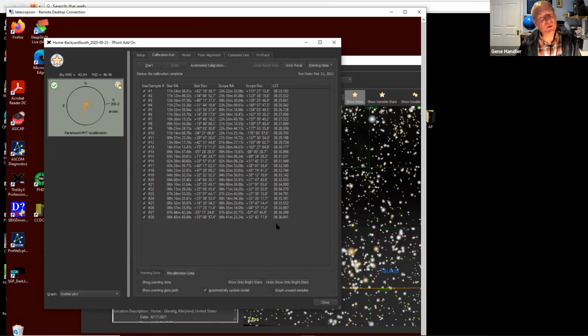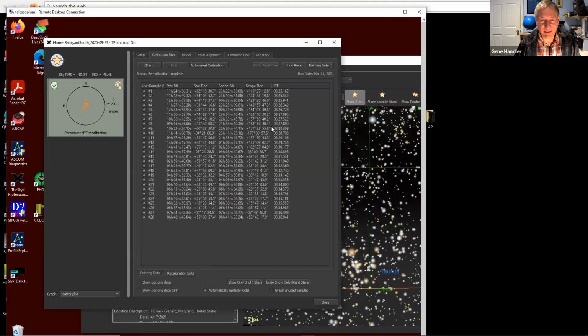Yeah, so one of the problems with this is if you move your mount around, this is perfect if you have a fixed mount. But I'm assuming that as long as I don't change anything, I have the same camera, everything's balanced the same, that even though I do it one time and then take the telescope in and bring it back out again, so long as everything's pretty much the same, it's probably not going to come up with too much different answers. And you can run, like I guess mine goes faster than yours does, because I can go through one